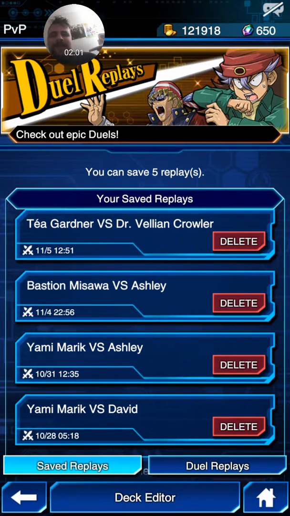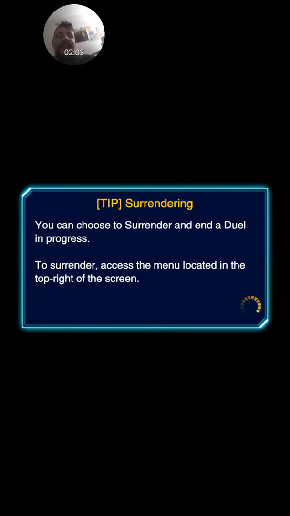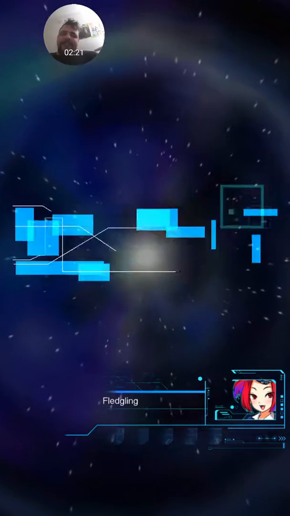Anyways, we're gonna go. This was Taya Granger versus Dr. Crowler. Or, yeah, Doctor, yeah. Was it Vilvian Crowler? I don't remember his first name. Either way, this was fun. I was using the Petal Princess deck, and I kind of did get a really good hand, so...